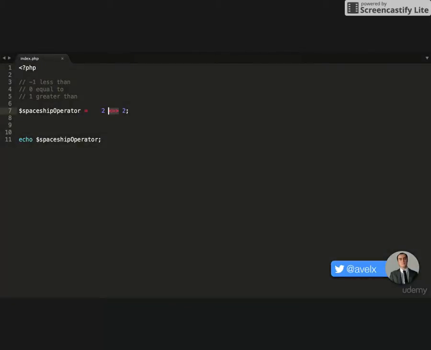and that is the spaceship operator. Now, depending on what happens, you will get a number returned from this operator's process. You will get -1 if the value on the left is less than the value on the right, 0 if the value on the left and the value on the right match, and you'll get 1 returned if the value on the left is greater than the value on the right. So depending on the circumstances, you'll either get -1 for less than, 0 is equal to, or 1 is greater